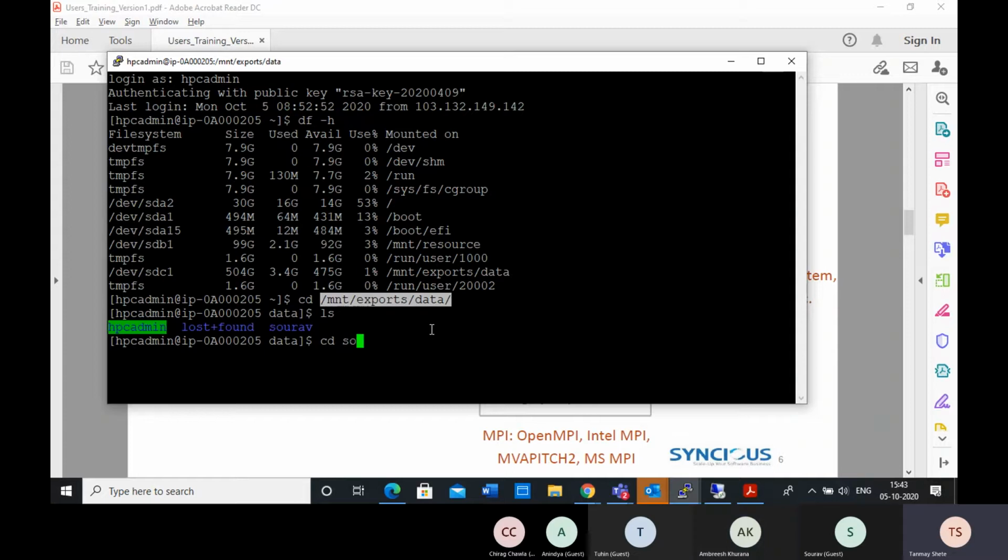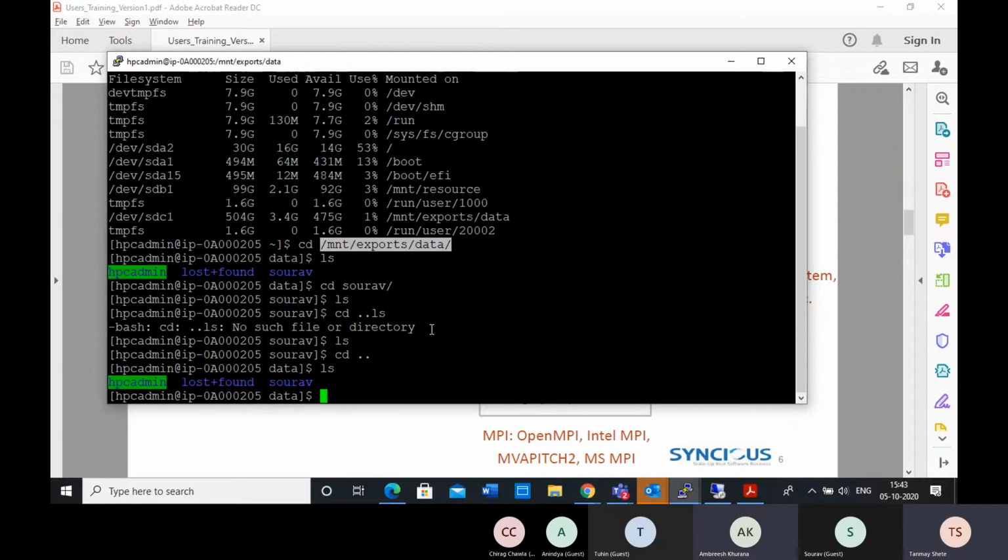So for example, if I want to go into the Saurav directory, I think because I am an HPC admin, I can go, but otherwise no user should be able to go inside any other user's directory. So that configuration will be done. You should keep most of your data in here, your input data should be here, and your final output data that you may want to download can be here.